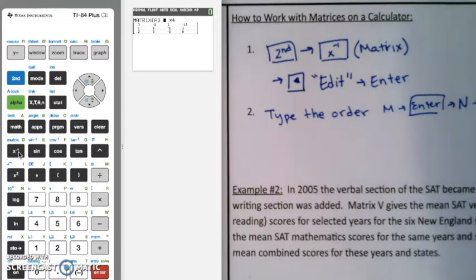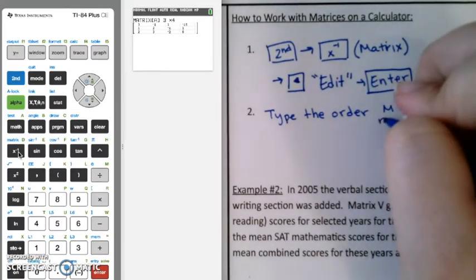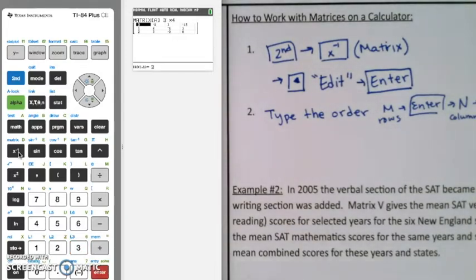Now remember, M and N are the size of your matrix, your number of rows and your number of columns. Okay, so in my example, I have a 3 by 4 matrix. So I do 3, enter, 4, enter, and now I can type in the elements,